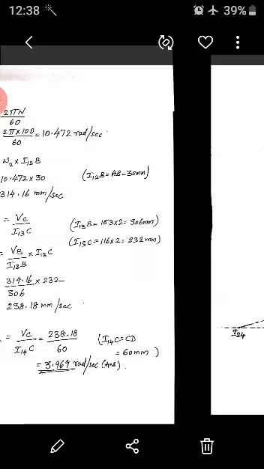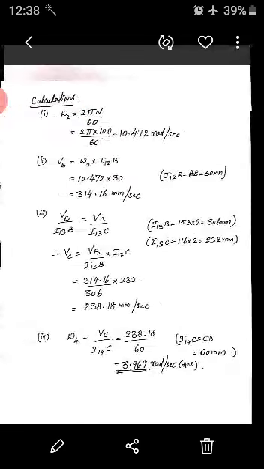So what is the calculation? He has asked in the question paper, find omega 4. That is the only question. But directly we cannot write this formula: omega 4 is equal to Vc divided by I14C. The formula is correct, but if you write this formula, Vc is not readily available with you. So you have to come step by step. From A, you have to go to B.